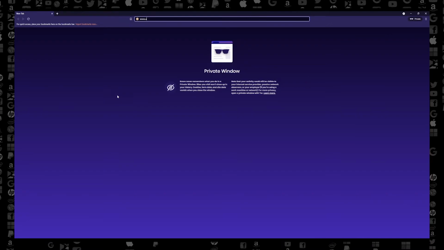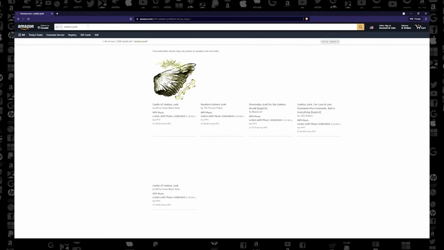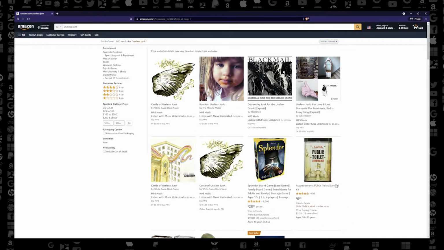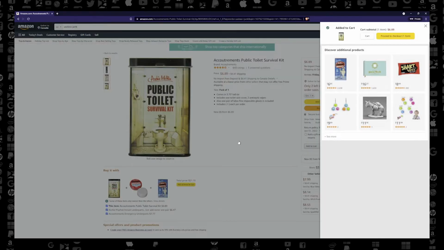Cookies can also be used to remember things like what's in your shopping cart, or even just the fact that you've ever been at that page before. So as you can see, the very purpose of the cookie in the first place is to recognize and identify something about you.